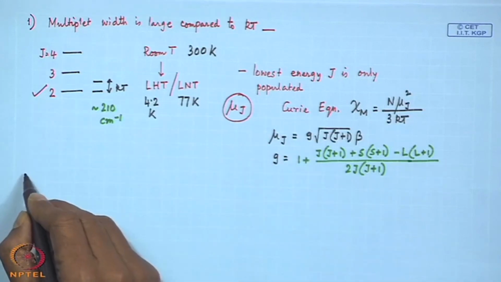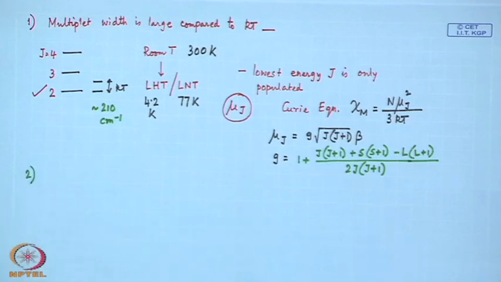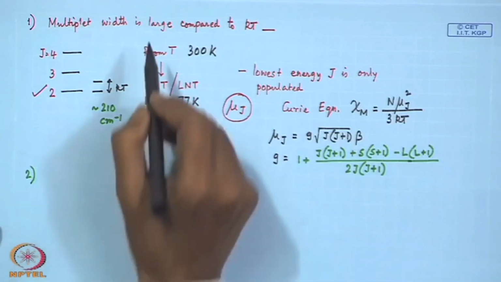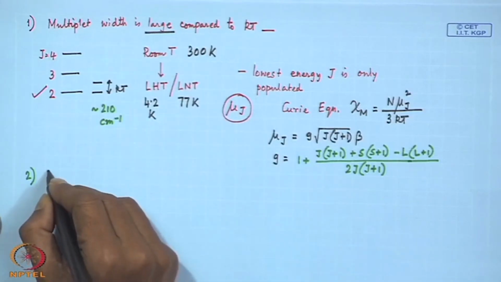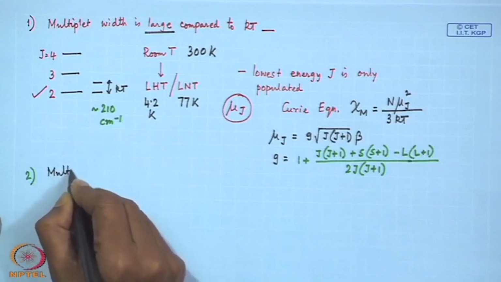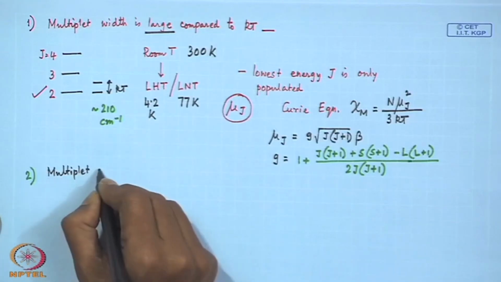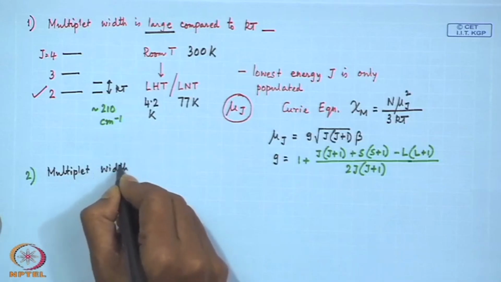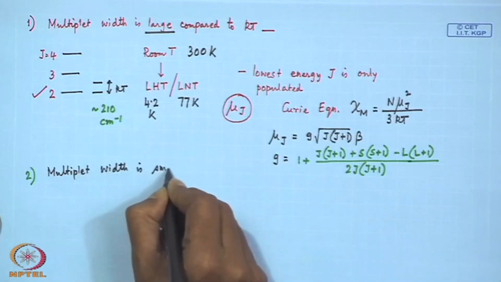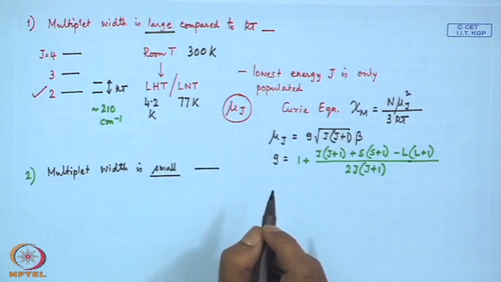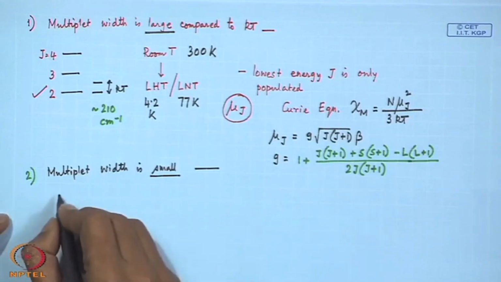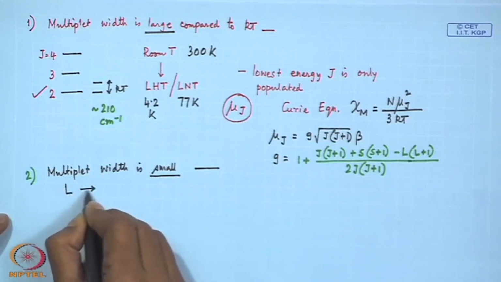So the second case, which is opposite to this particular situation, that means where the multiplet width is small compared to kT. Now the multiplet width is small compared to kT. So when it is small, the coupling between L and S,